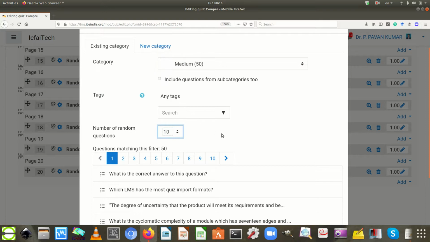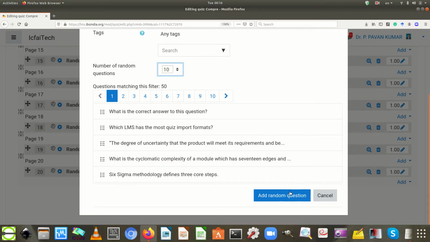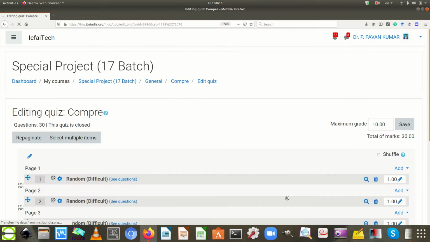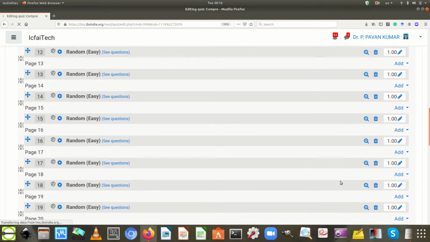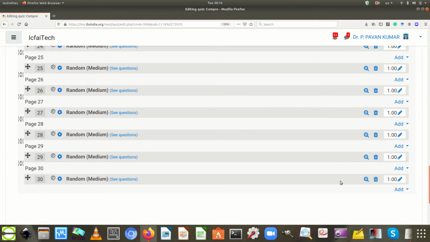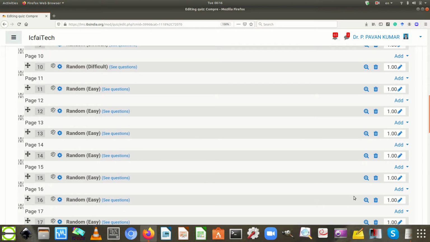So 10 medium questions can be added randomly from 50 questions. After that, choose the add random question button in the same window. Then 10 more questions from the different category are added. So 30 questions are added in the quiz component randomly by the LMS.